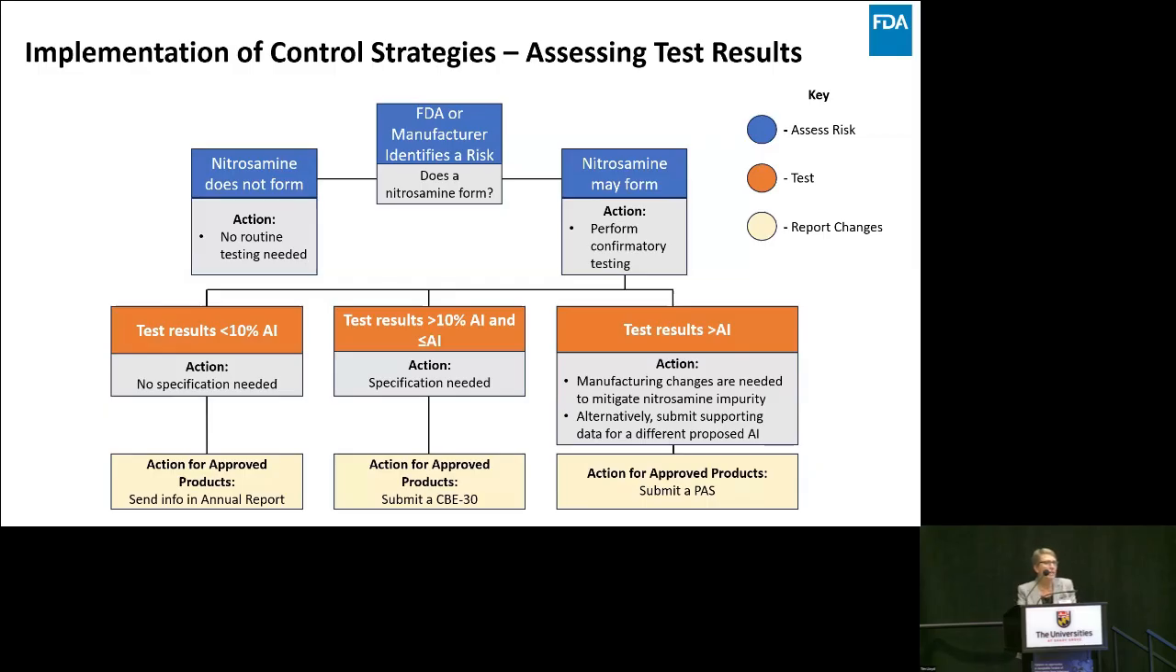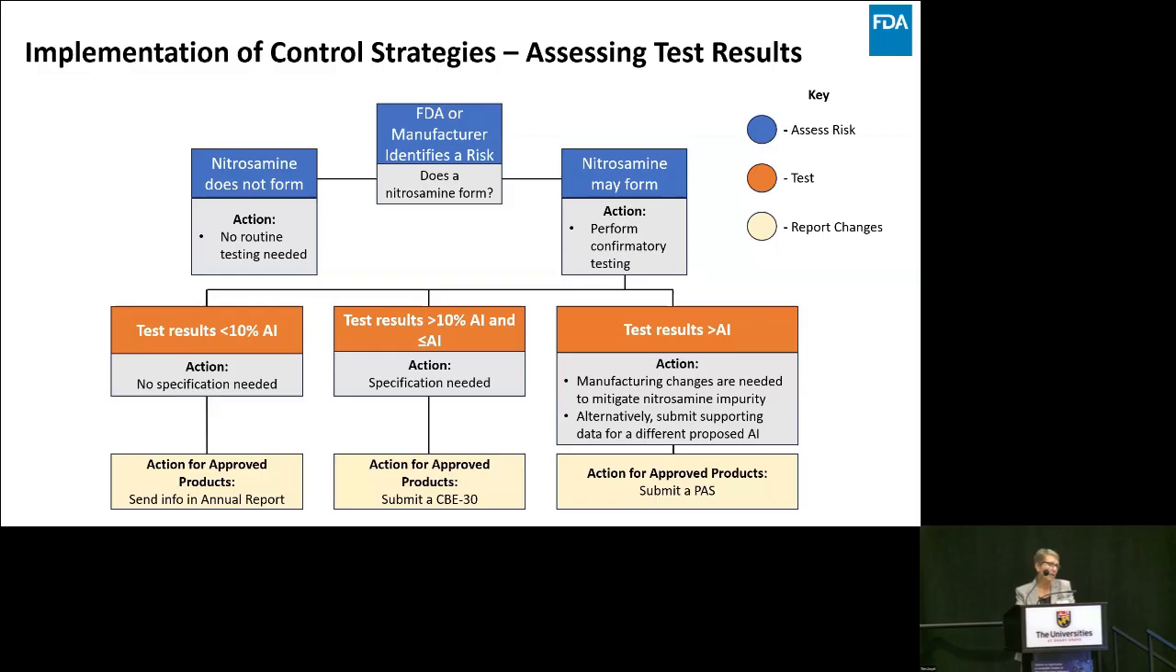So once confirmatory testing is done, there's 3 possibilities for test results. I'm going to start at the left here. So the first possibility is that the test results are very low, that they're less than 10% of the acceptable intake limit. If that is the case, then the manufacturer need not establish a specification, need not perform routine testing for that impurity. The only caveat here is that if manufacturing changes are made, the manufacturer should revisit this and